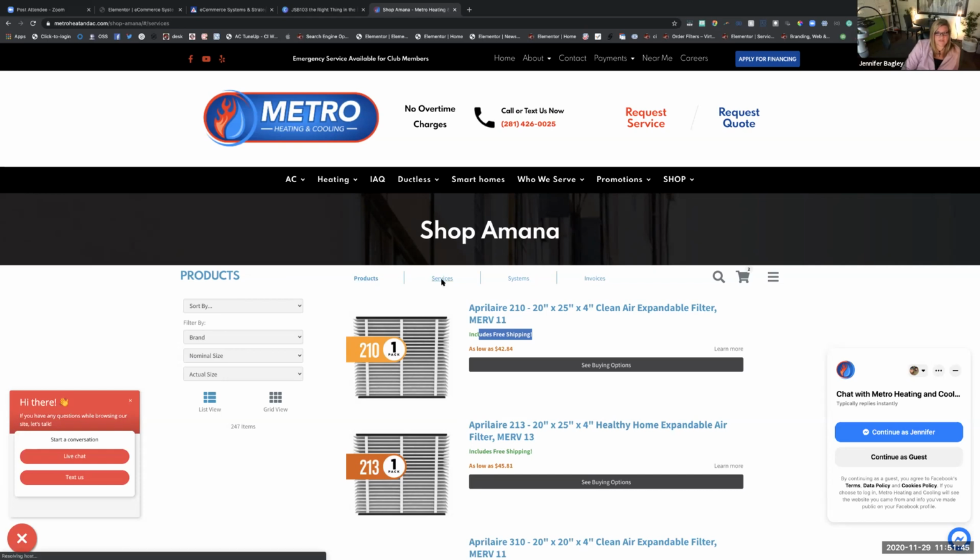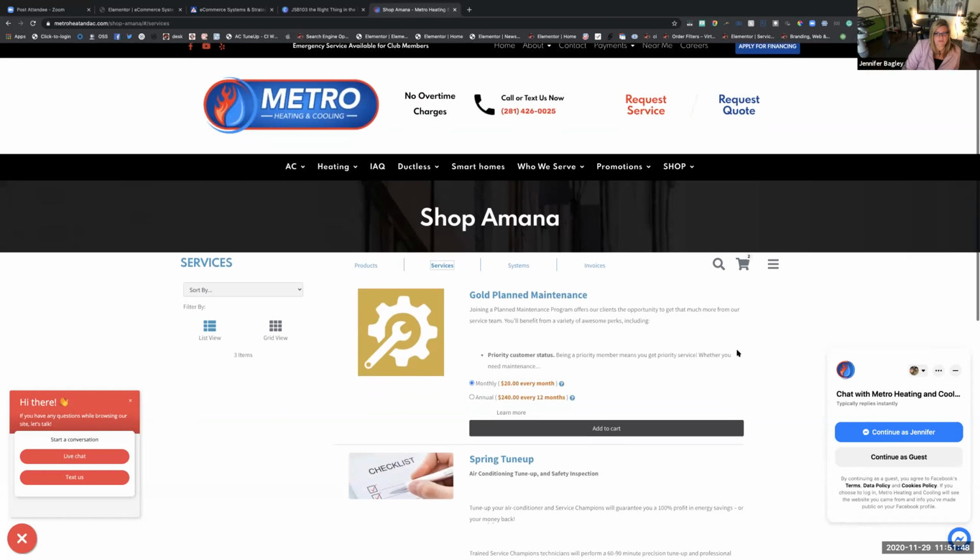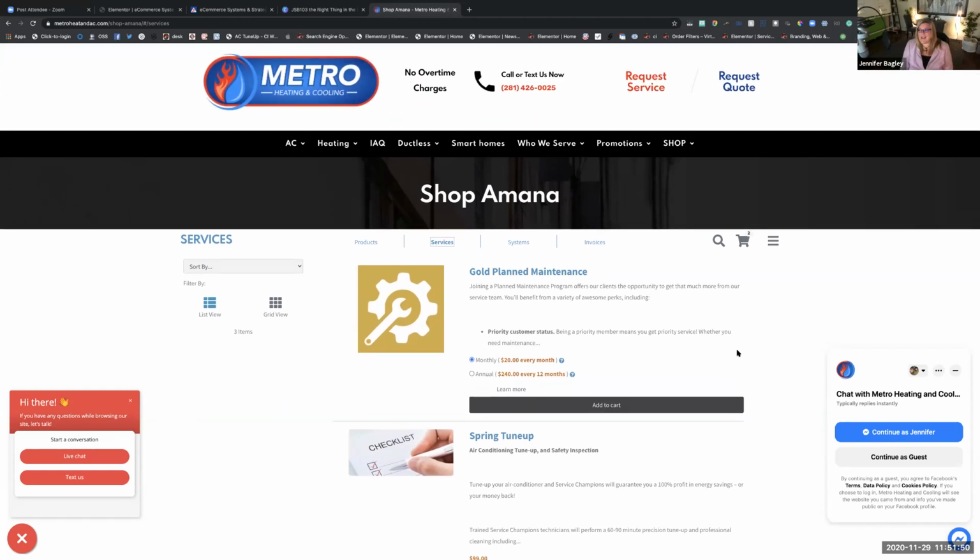Next, services. So I'm going to dive into services. Now, I would say 90% of our 1,350 HVAC subscriptions with CIWebGroup have a maintenance agreement, at least 90%. The difference is those with a maintenance agreement that consumers can sign up for on a recurring credit card subscription versus those who have a maintenance plan that's more superficial in its existence. It's like signing up for a club membership that's free, that gives you access to these things, but it doesn't get used, versus